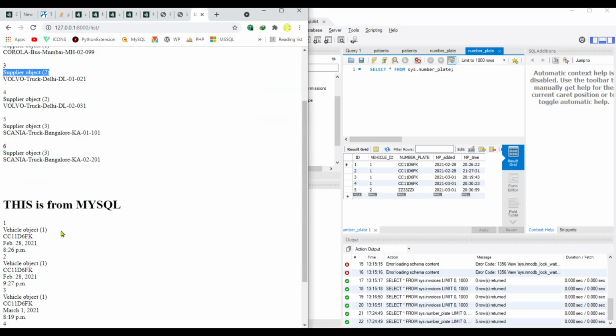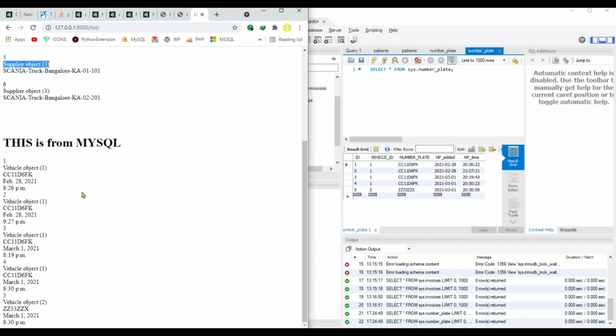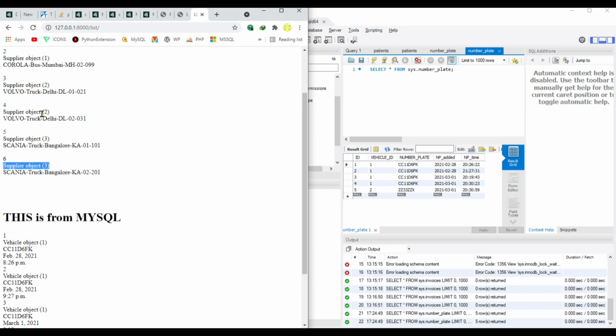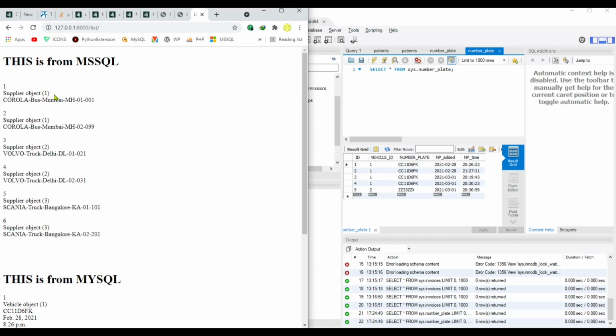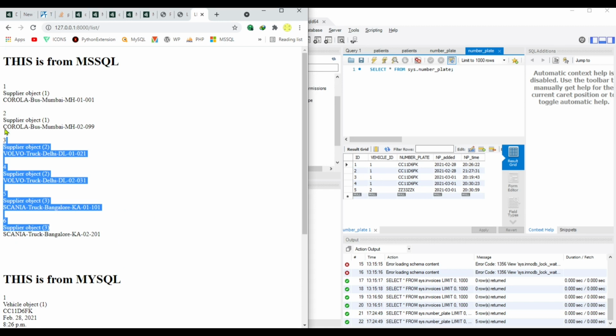So here vehicle object 1 and supplier object 3 is coming because this table might have dependency with another child table data. So this table might be connected with another table with relationship. That's why this coming as supplier object and vehicle object. But our data are coming successfully from both the different DBs.